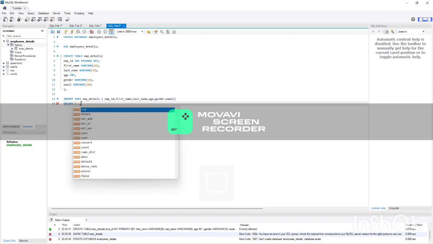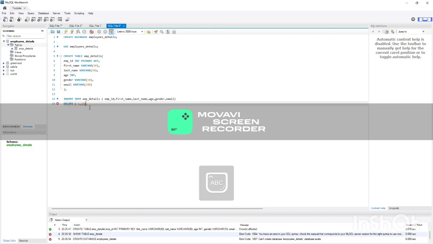Whenever you are creating a varchar and whenever you are going to insert values, you have to use quotes. The first name is going to be Martin, and last name is going to be Luther, and his age is going to be 34, and his gender is going to be male, and his email is going to be martinluther389@company.com. Close this